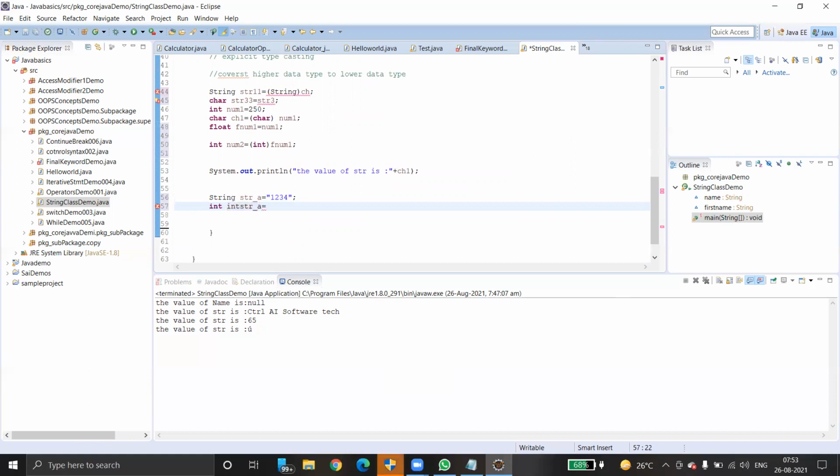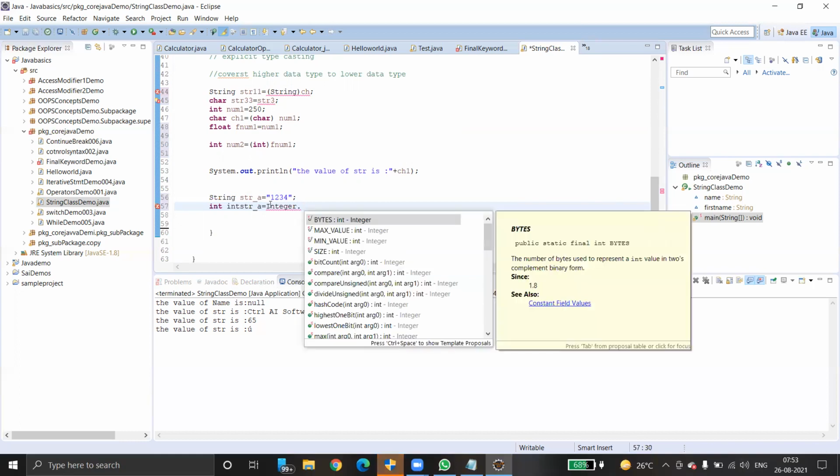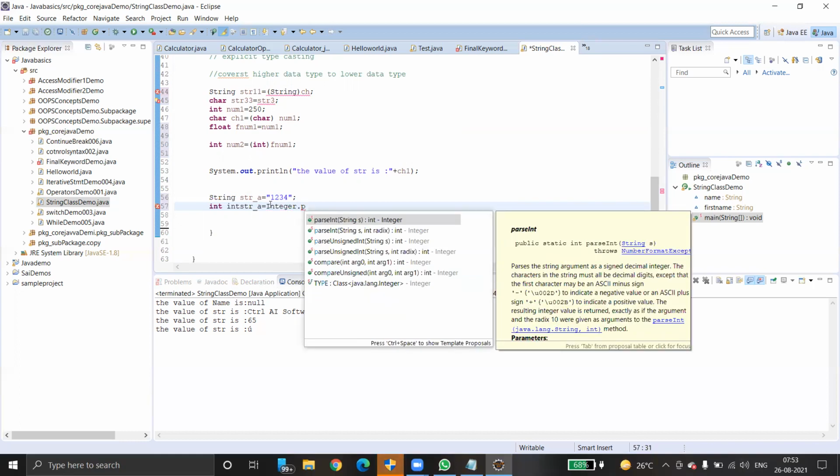How do you convert basically? There is a wrapper class. By using a wrapper class, there is a method called parseInt. We use the method parseInt to parse the string to integer type. Integer dot parse, this is a wrapper class.